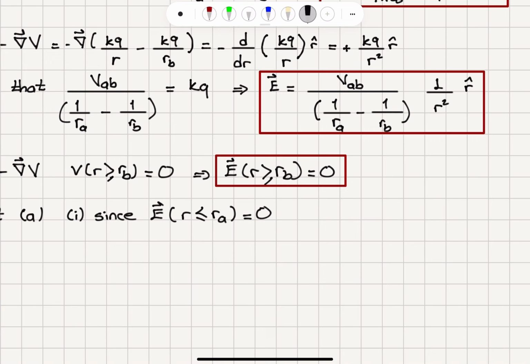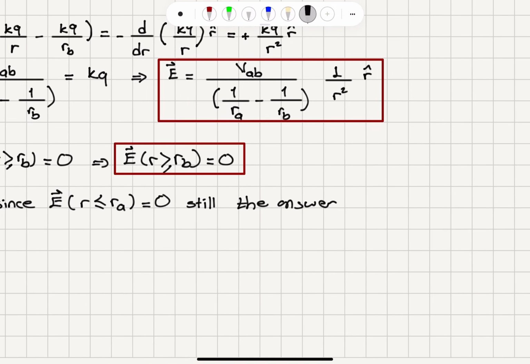So the electric field doesn't change and the potential doesn't change. So this is still correct. So the answer does not change